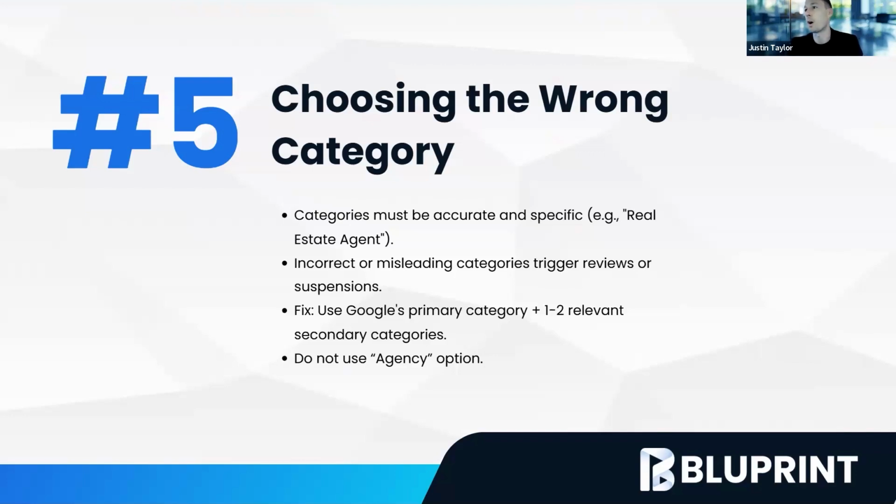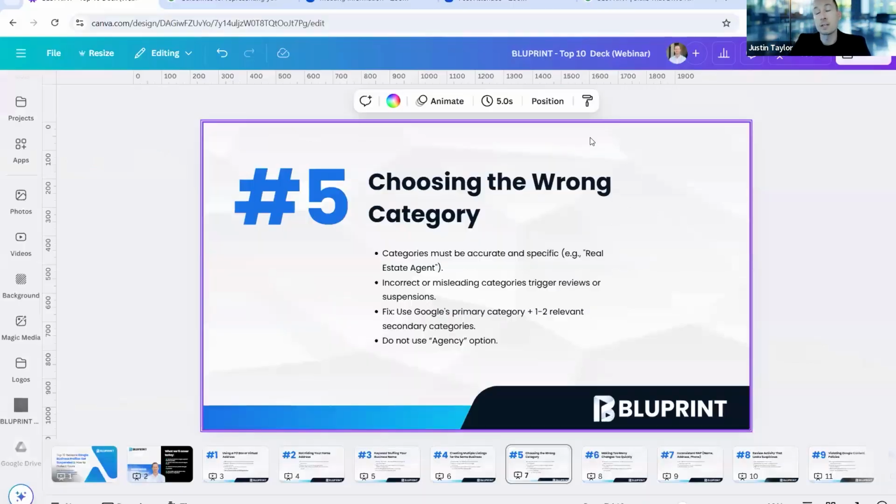The majority do, but there are some agents that feel like they want to stand out or that it's going to help them by adding anything that has the word real estate in it, and that's incorrect. You should not do that, because that is a sure way to get suspended. Real estate agent should be number one. You can choose multiple categories, so maybe real estate consultant, you could do that. But at the end of the day, real estate agent is going to be sufficient. You don't necessarily need multiple categories.